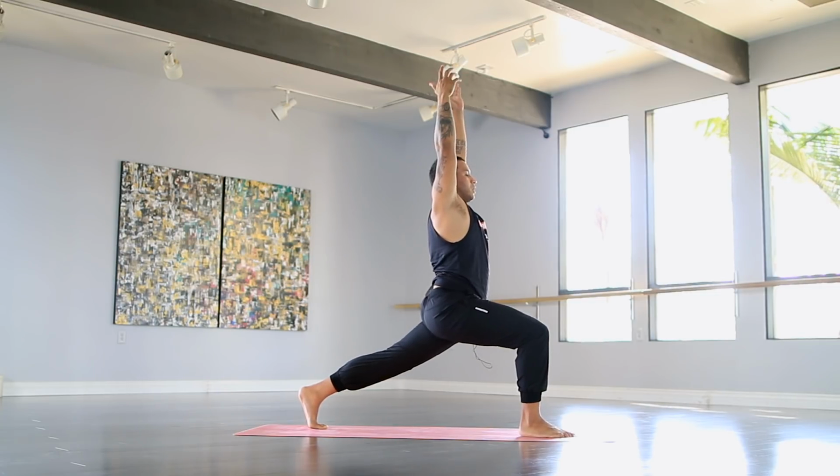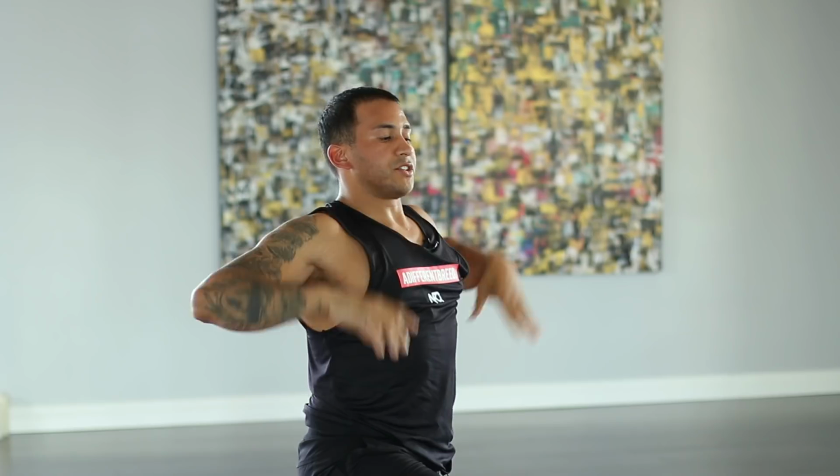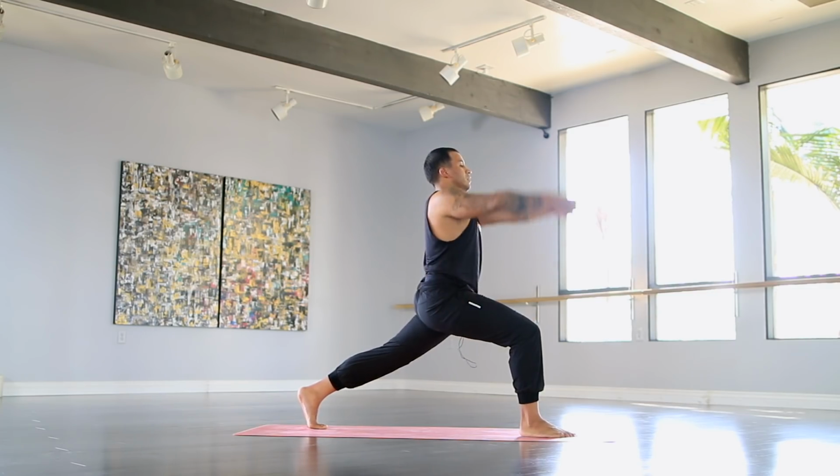Beautiful. Notice if you lost that bend as you came up, see if you can bring it back. Now naturally, again, our rib cage wants to flare forward, doing a little bit of an anterior tilt. See if you can do a posterior tilt. Pull your rib cage in, tuck your tailbone down. Hip bones go towards your chin without bending into the back knee. Keeping our hips engaged here. Hold for 5,